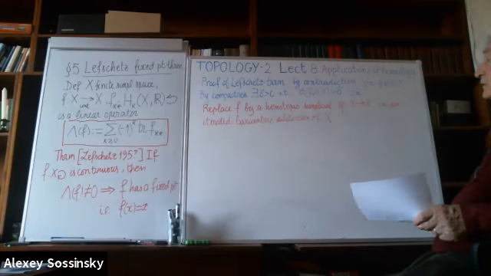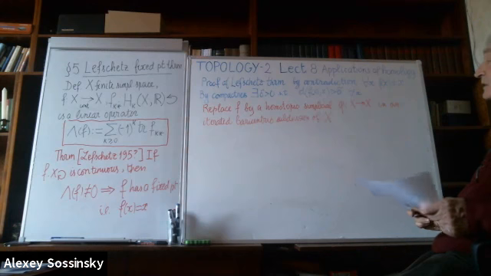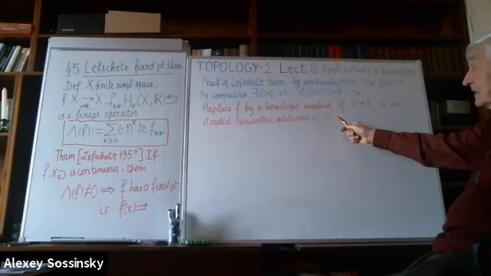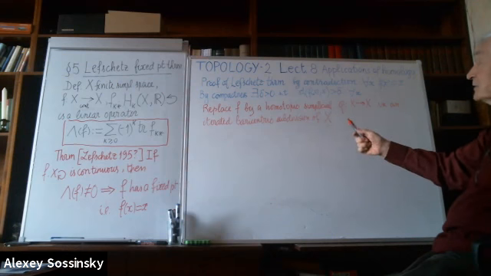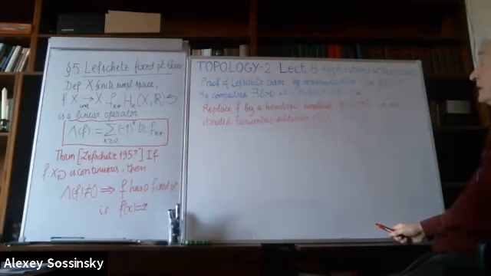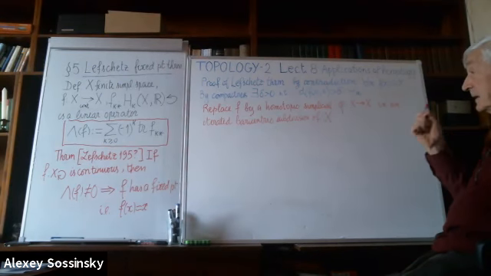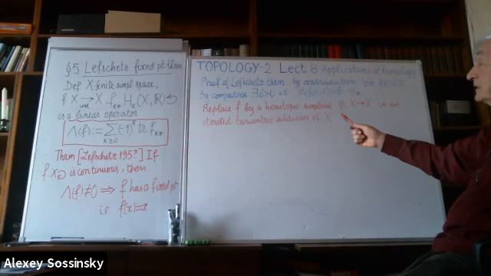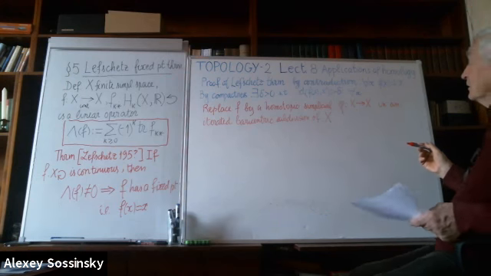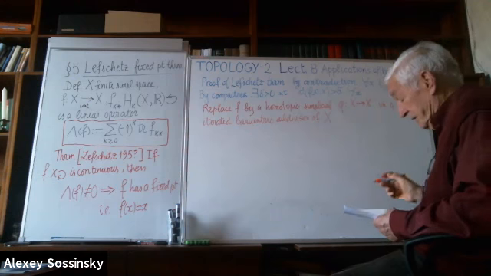First, we take the barycentric subdivision of X many, many times. And after that, we replace the given map f by a simplicial map phi. How many times do we subdivide X? We subdivide it in such a way that